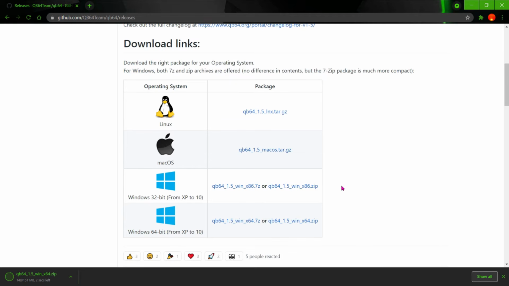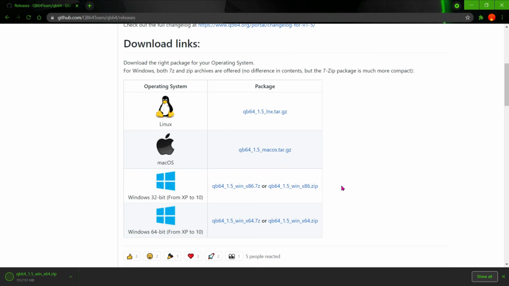QB64 is an editor, IDE for short. IDE stands for Integrated Development Environment, and it provides a comprehensive environment to write and test software. And why is this QB64? Because it works on a 64-bit system.